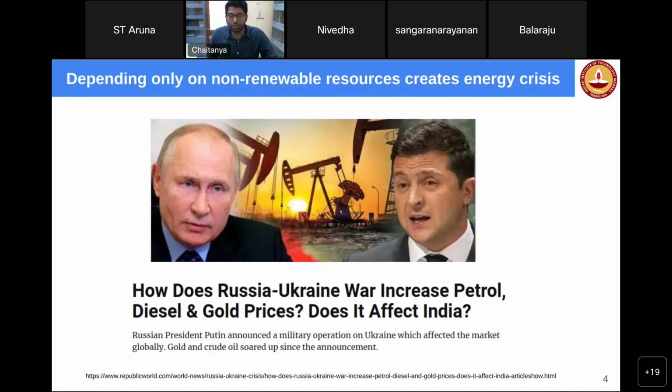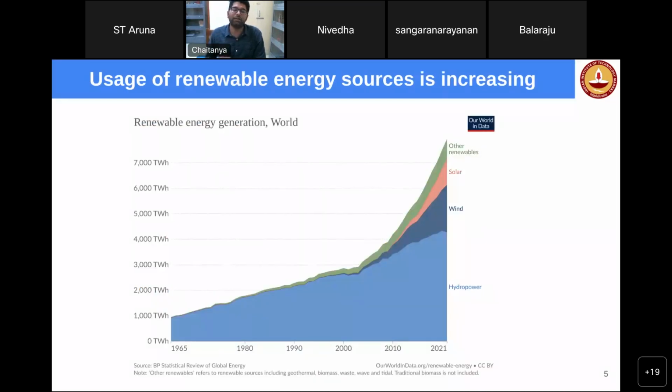And of course, it is not a new thing just because of the Russia-Ukraine war. People have known about this, and we have been continuously trying to use more and more renewable energy resources, as can be seen from this particular graph. The usage of renewable energy resources is increasing, and it has to be increased further. However, what is the problem with renewable